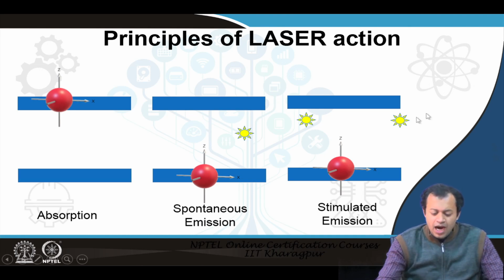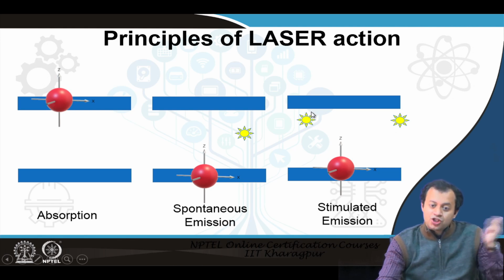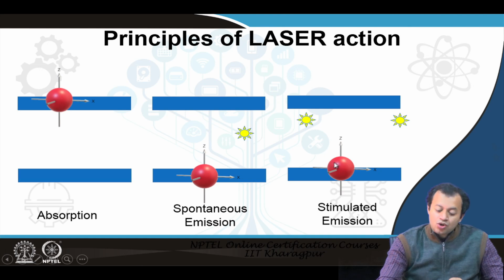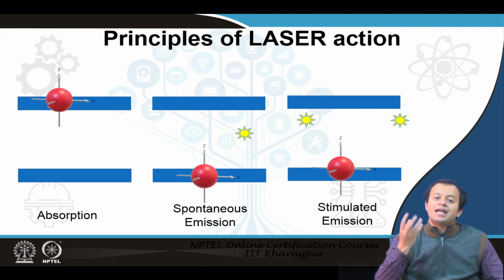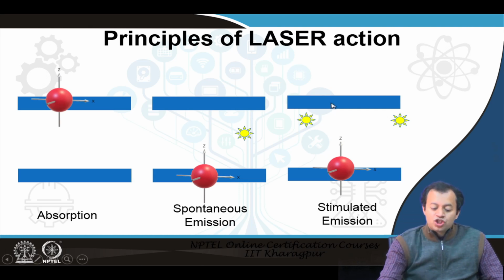But for the time being, understand that when you give the same amount of energy that it has already consumed, the emphasis is on the term same amount of energy, it will come down giving back what it had already consumed. And therefore, you have the original photon which you have externally supplied, and the electron is going to give you the same thing that it has consumed before. So, you started with 1 photon, you now get 2 photons.